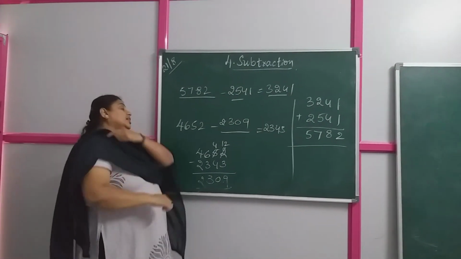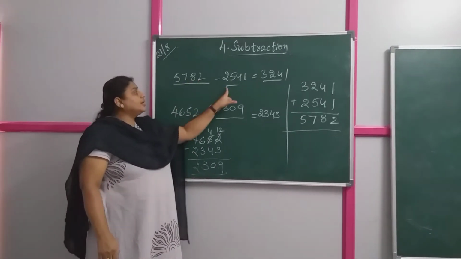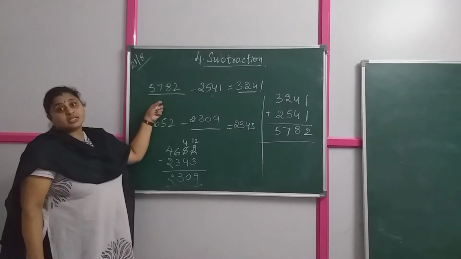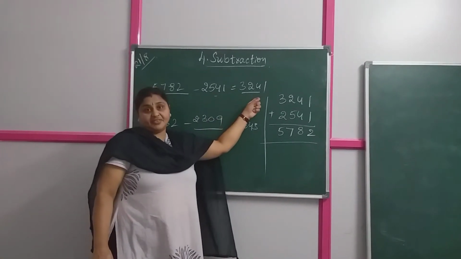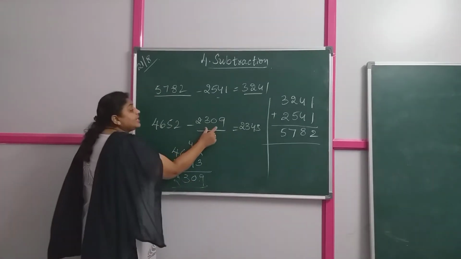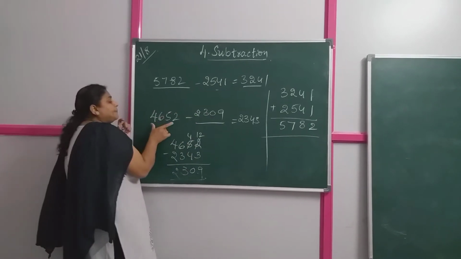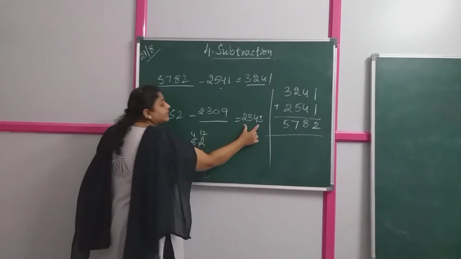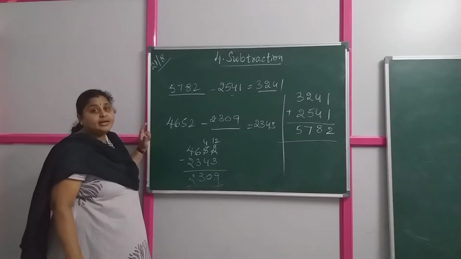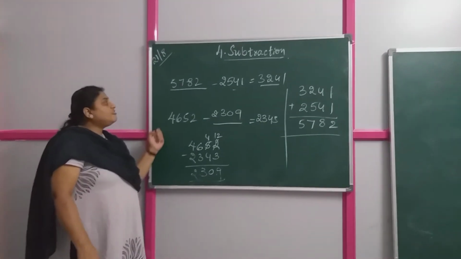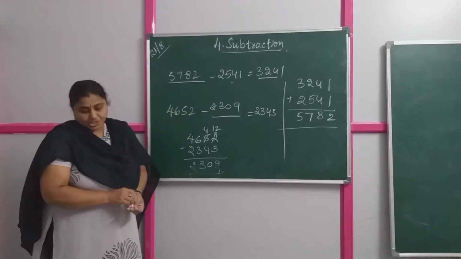2309. Now listen, children, what is the difference between these two? To check the first number, to find the first bigger number, what I am doing? I am adding the second number and the difference. But to find the smaller number, I am subtracting the bigger number and the difference. Are you able to check out these two differences, children? Fine. This is how you will find out the missing numbers while doing the additions.